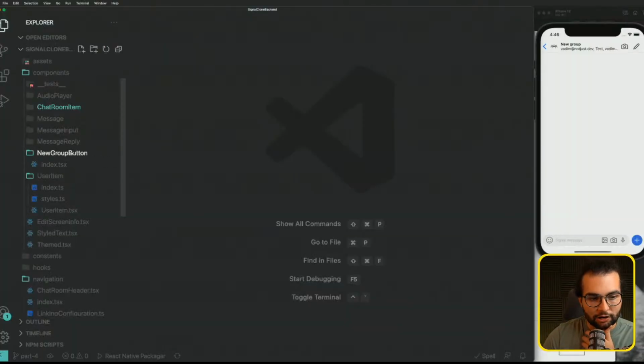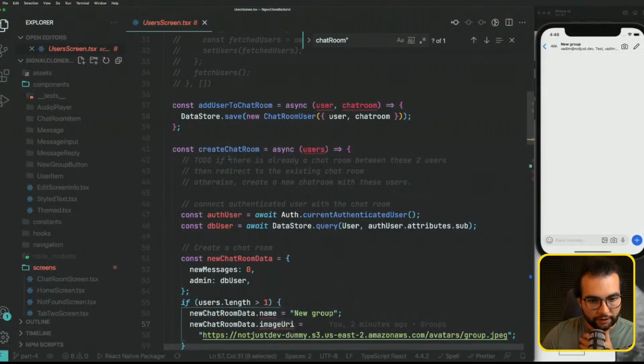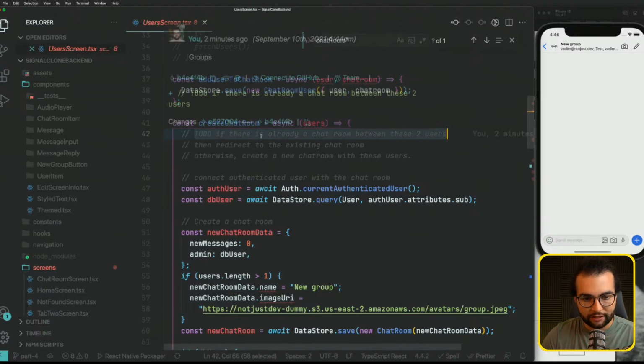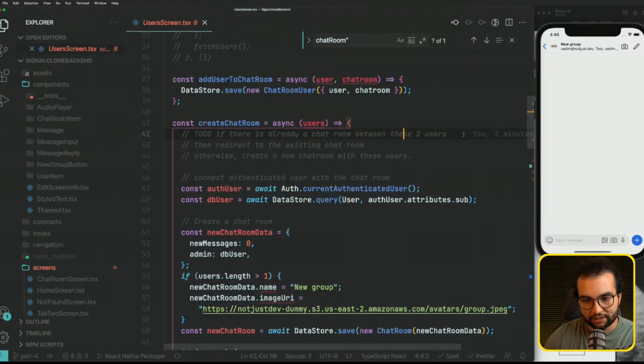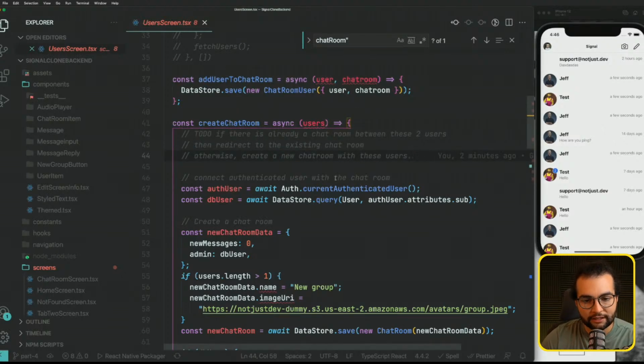Very fast how that would happen: in our users screen, where we create a chat room, I still have this to do. If there is already a chat room between these two users, then redirect to the existing chat room, otherwise create a new chat room with these users. So in case we are pressing on the same user that we already started a chat with, we shouldn't create a new chat room. To do that,